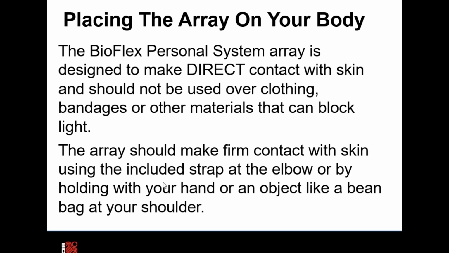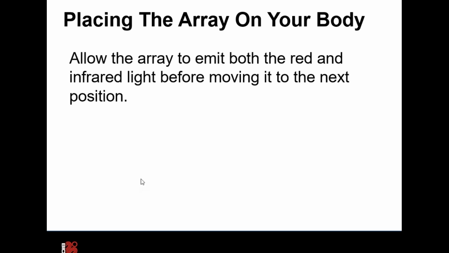Oh, obviously I cut and pasted that statement. Sorry about that. So you want to allow the array to emit both red and the infrared light before moving to the next position. So remember, it automatically switches from red to infrared. Infrared is invisible, so you won't see it on, but you can see the timer on the device indicating that